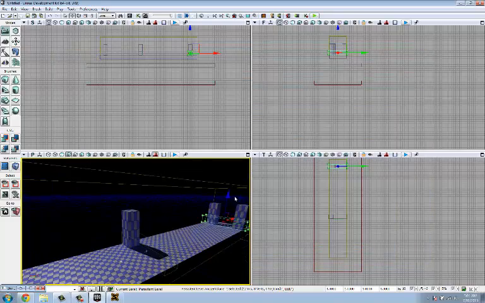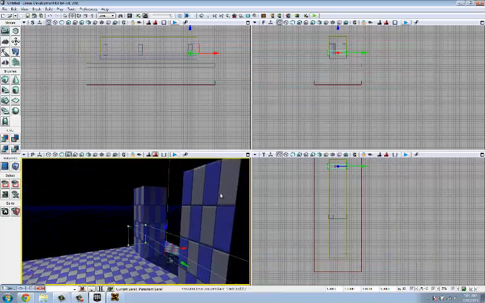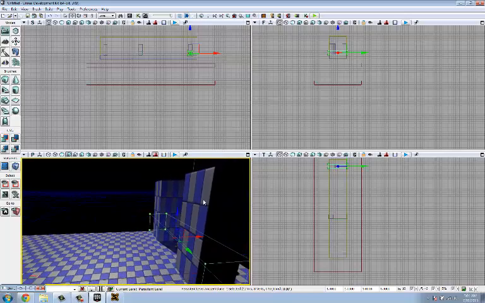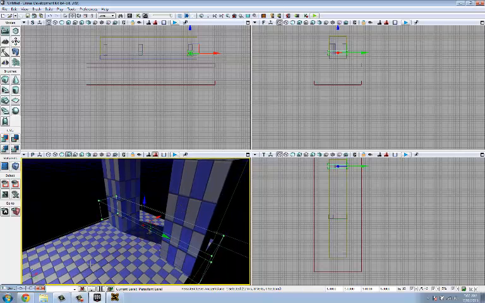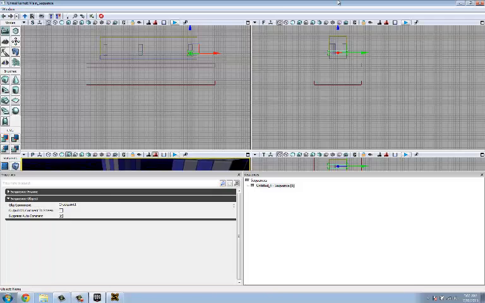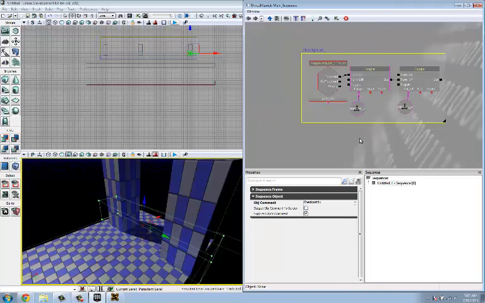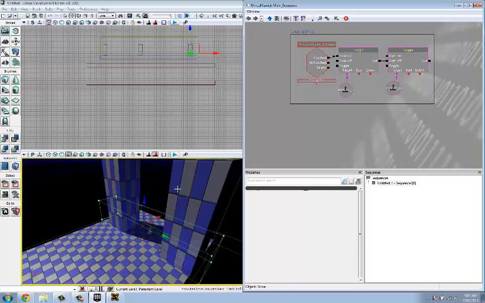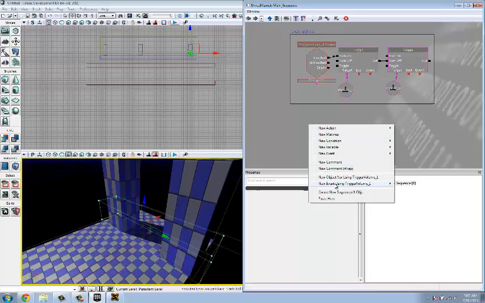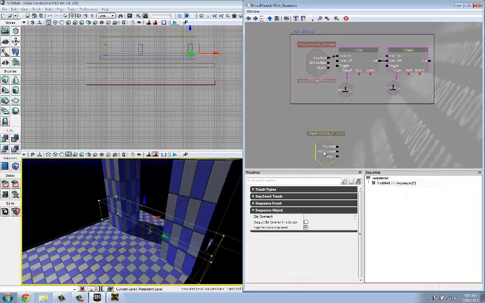Alright, so now that we have this selected, oh fun, yay, this is already selected for us since I selected it before I started the game. So we're going to go back into Kismet and we're going to do the exact same things as last time, except we're going to create another instance of this whole thing. So we need to make another checkpoint. So now that this is selected in the editor, we're going to right click, new event using trigger volume 1. We're going to make it touch. Control, move it over,